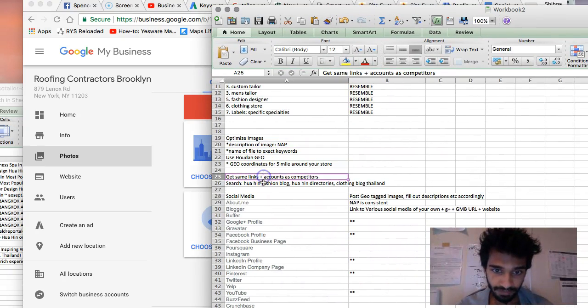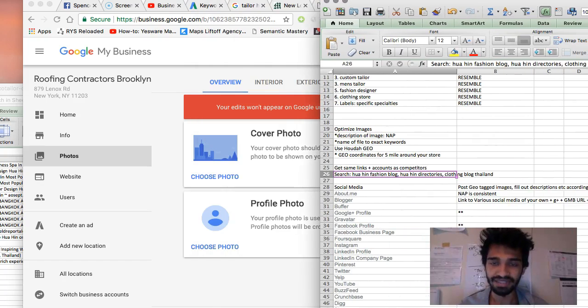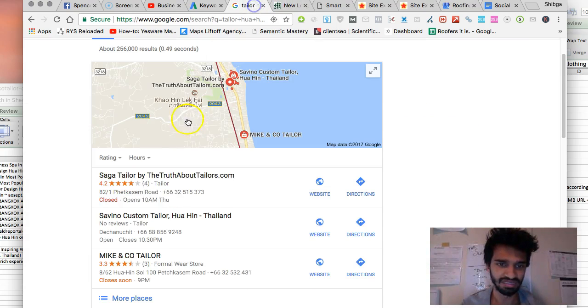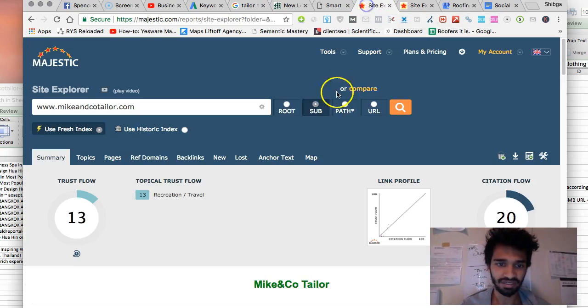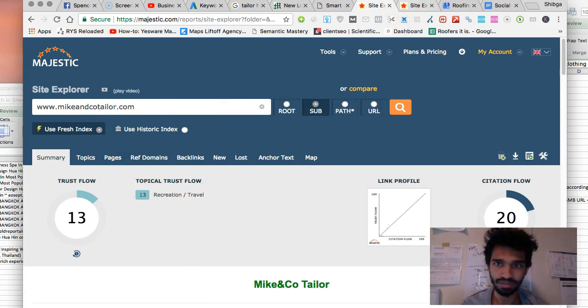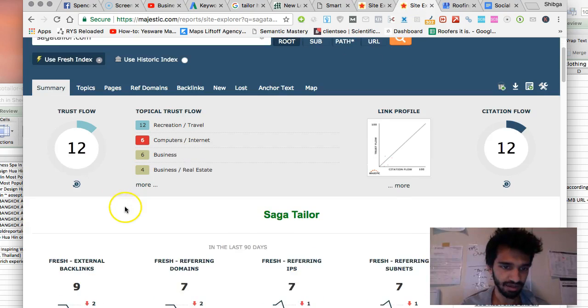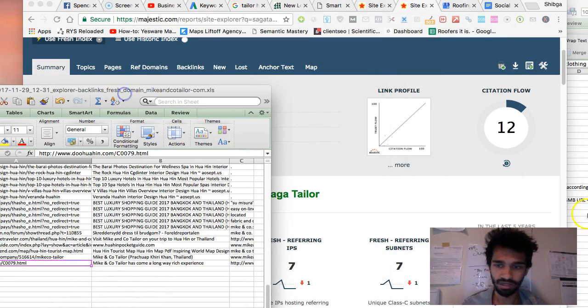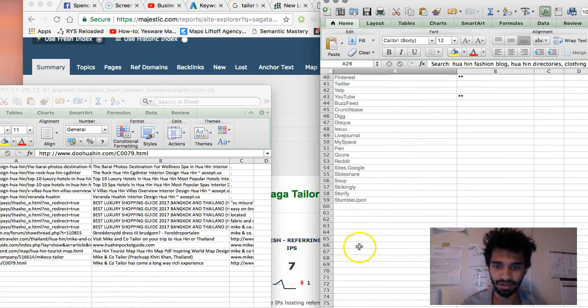And then this would be the last part, which will be very good, and this is one of the best things you can do, is getting the same links as your competitors, right? So currently the guys who are ranking, you can just basically steal their links, not steal, but basically match what they're doing. So when I put them in Majestic, I see that they have 85 backlinks for Mike and Cole Taylor, and the other guy, Saga guy, has like 9. So I extracted those out for you here, and I'm going to put it in the bottom here,